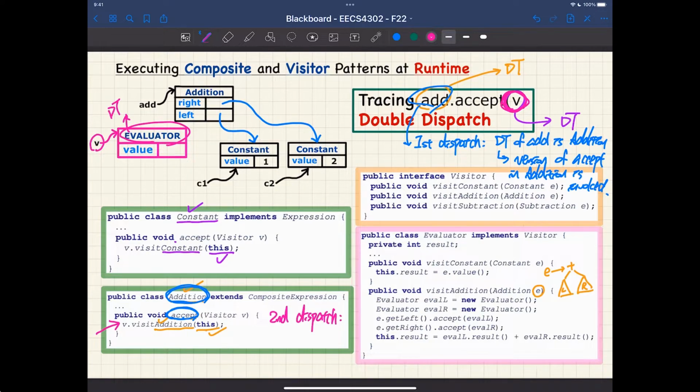And the V dynamically is evaluator. Dynamic type of V is evaluator. That means the version of visit addition in evaluator is invoked,